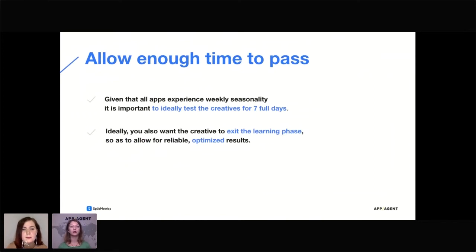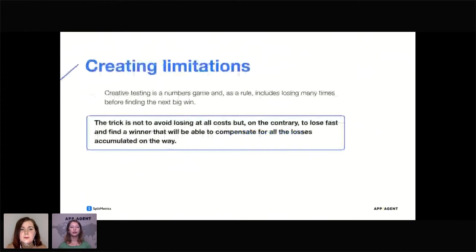Moving on to my last point, which is about creating limitations for yourself. So, of course, nobody likes to fail. Unfortunately, the truth with creative testing is that maybe 1 out of 100 or 1 out of 50 becomes the super big success. So the trick here is not really trying to avoid losing at all costs, but embracing losing and doing it really quickly and learning from it as well and taking the learnings forward with you. So the trick of creative testing is actually losing, but doing it fast and taking the learnings forward with you,